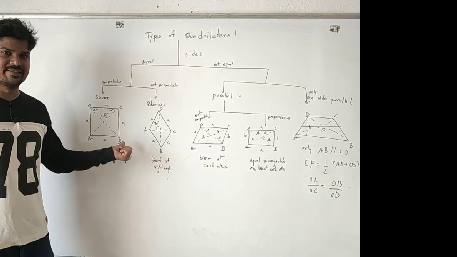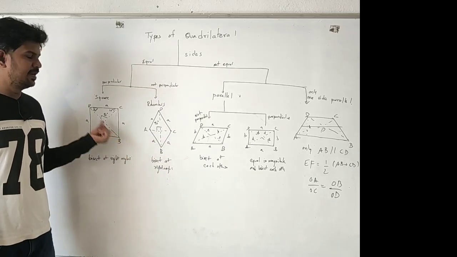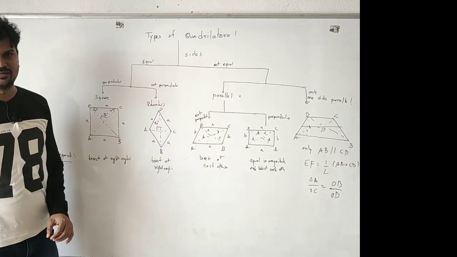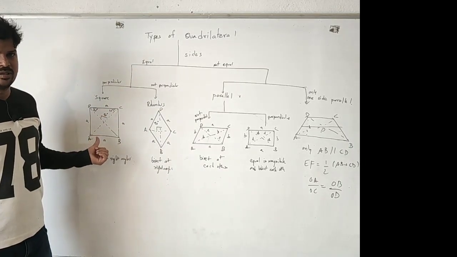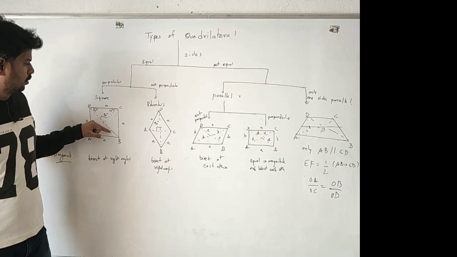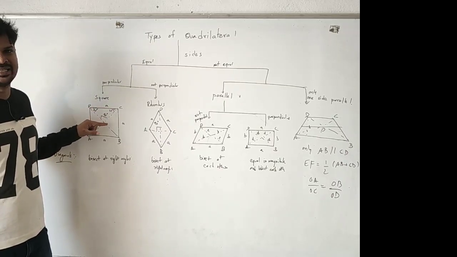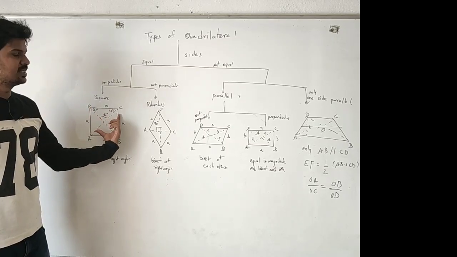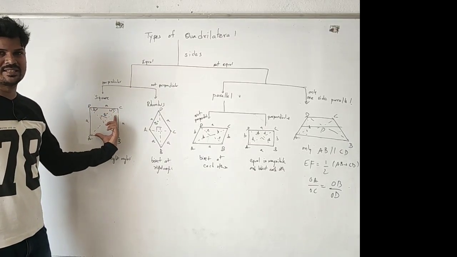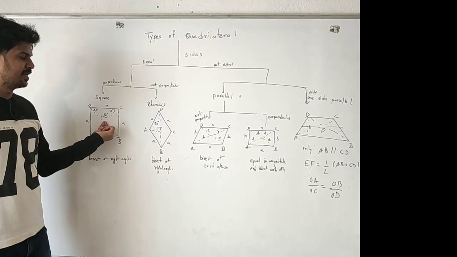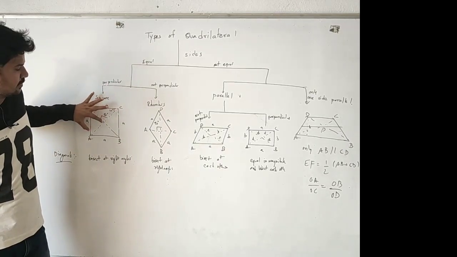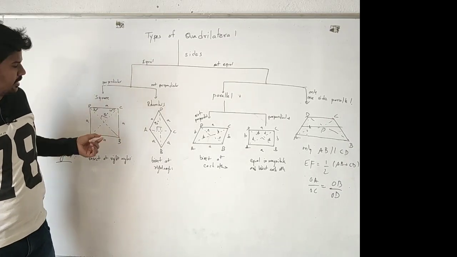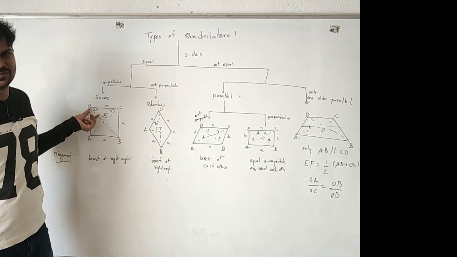When you draw these diagonals, AC and BD, the length of this diagonal is the same as the length of this diagonal. In addition to that, the 2 diagonals bisect each other, that is, divide equally. Suppose this length is x. Bisecting here means this part becomes x by 2 and this part becomes x by 2. As this diagonal is equal to this diagonal, here also it gets bisected, x by 2.